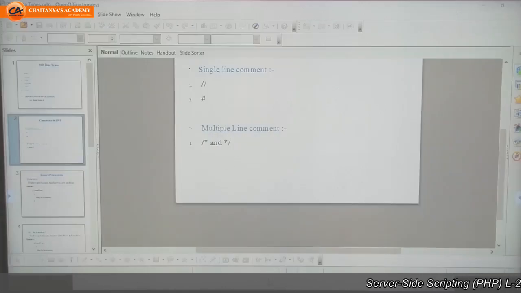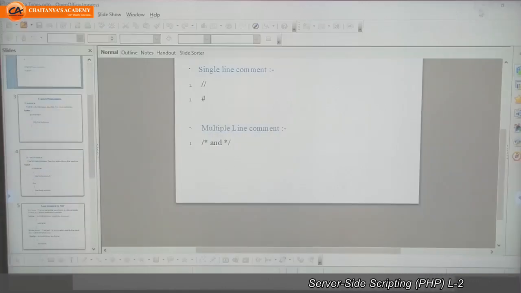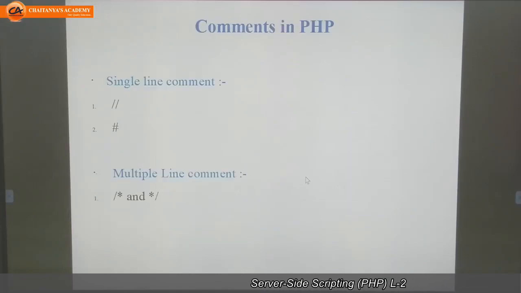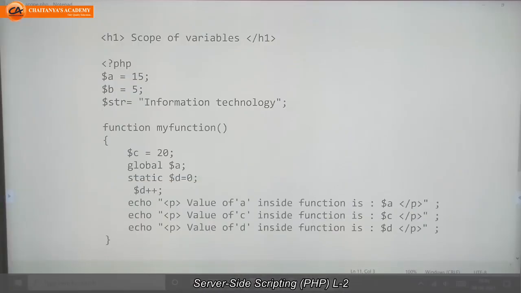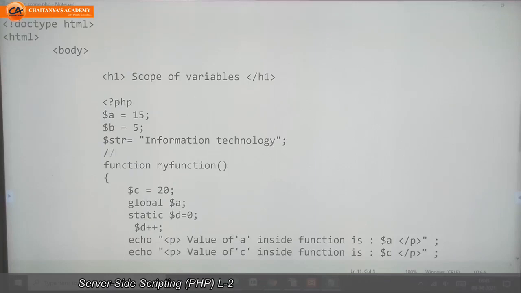So let's check here. Suppose here I want to add some information, that is user defined function.